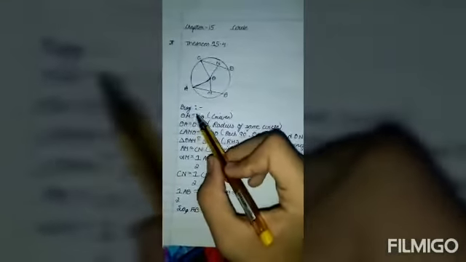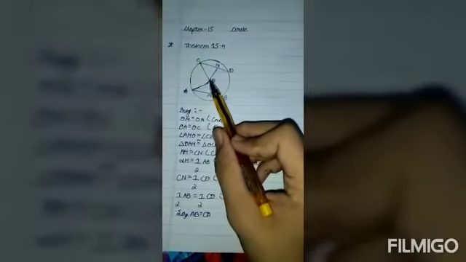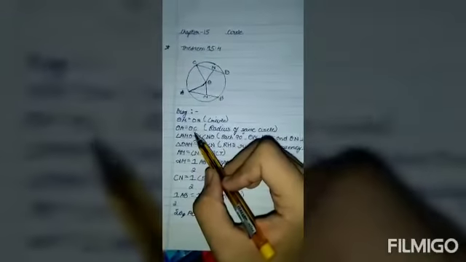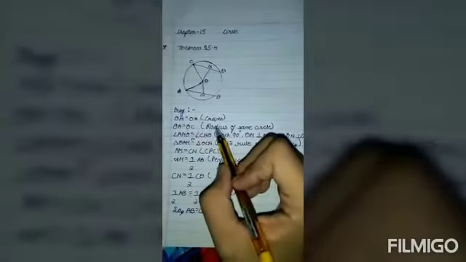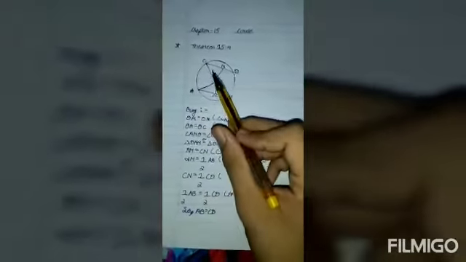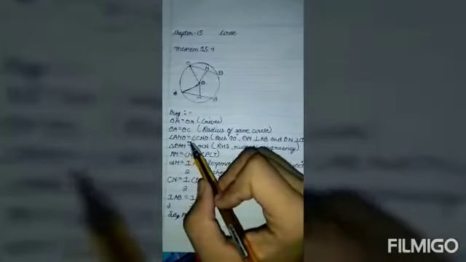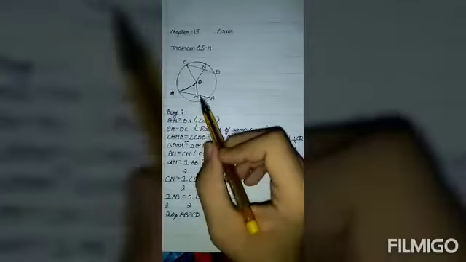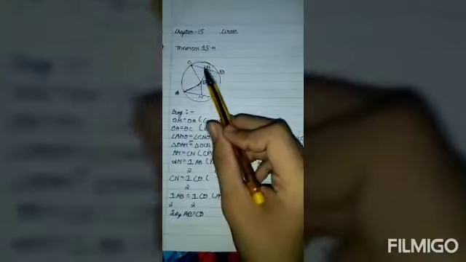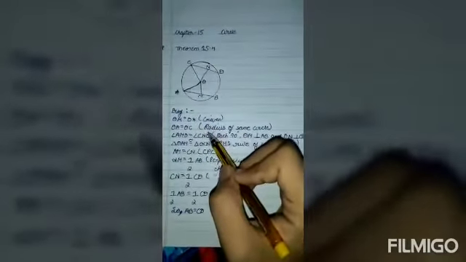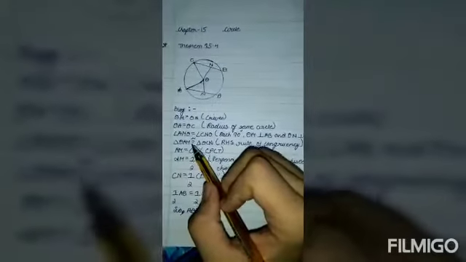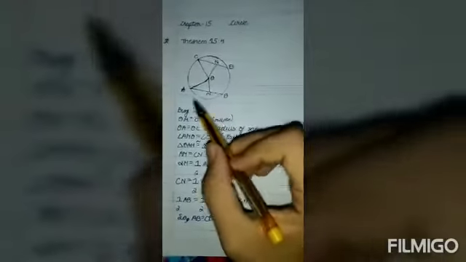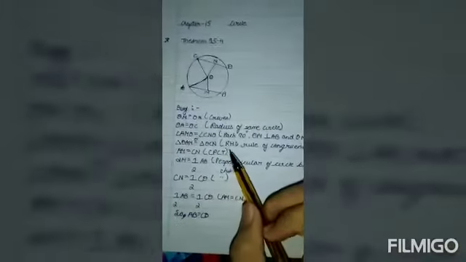We can see that OM is equal to ON, as they both lie equidistant from the center of the circle. OA is equal to OC by the radius of the same circle. Angle AMO is equal to angle CNO as each of them is 90 degrees, since OM is perpendicular to AB and ON is perpendicular to CD. This clearly states that triangle OAM is congruent to triangle OCN by the RHS rule of congruency. AM is equal to CN by CPCT.